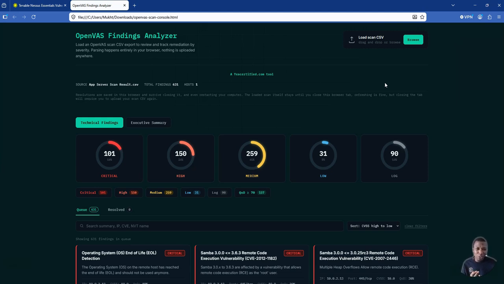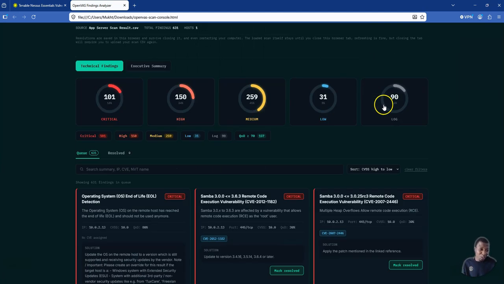I also made sure to include some security features within, as I was building the tool as well. So for the most part, it is secure for you to use. Go ahead, launch it, give it your CSV, and have a much more presentable solution like this for your OpenVAS findings. Thank you, guys, and I'll see you in the next video when we try to resolve some of the findings,